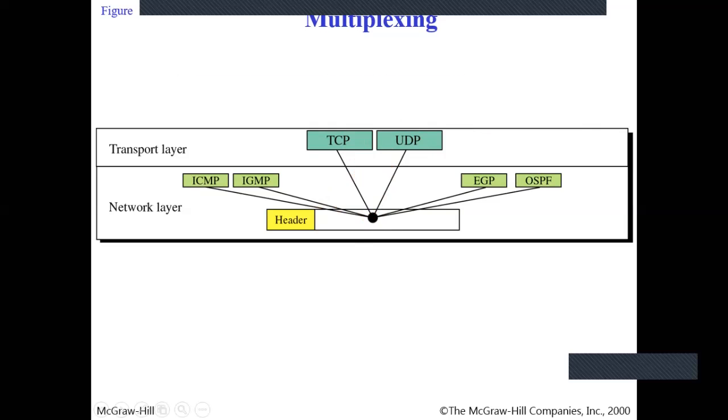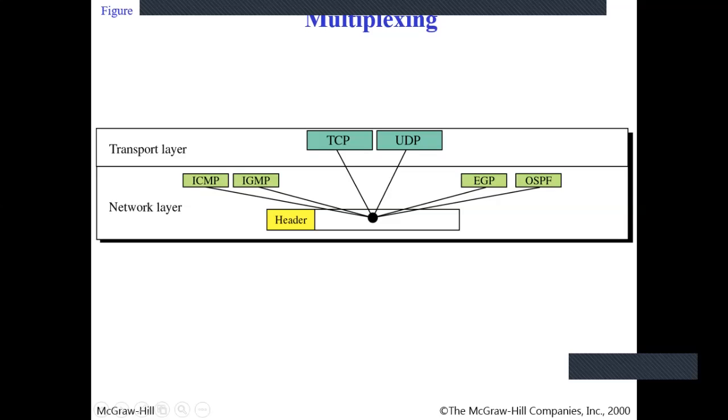The network layer itself contains some other protocols related to error detection, error reporting, or group management. These protocols also use IP at the network layer, multiplexing their data at the IP protocol. Some routing protocols also use the IP protocol to manage the route. So it is known as multiplexing. That means IP receives data from multiple upper layer protocols, which is known as multiplexing. Clear?